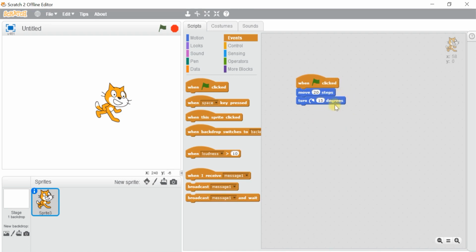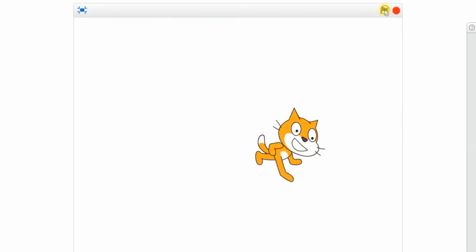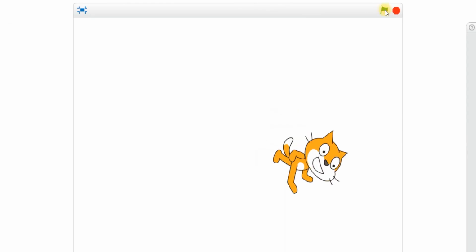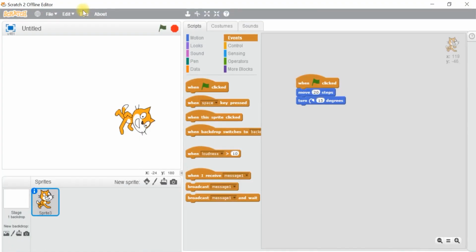After adding this, we are going to play this by clicking the flag. If you click that, you can see the output in full screen mode. So when I click on the flag, the sprite should move 20 steps forward and turn clockwise 15 degrees. That's the output of these 2 steps.